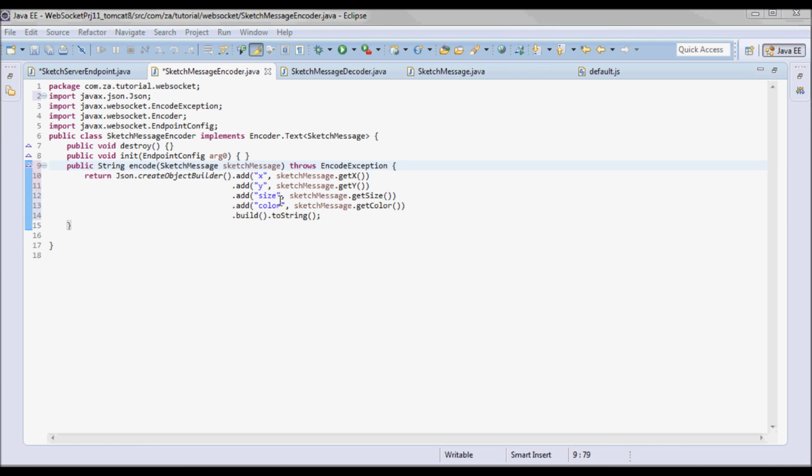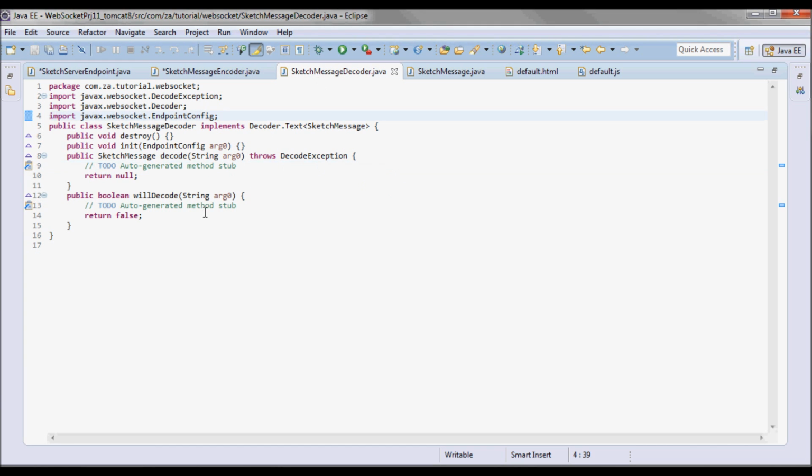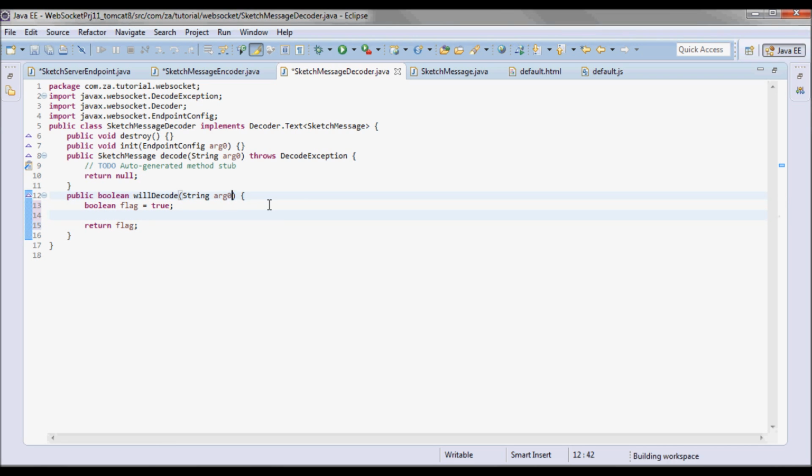And for sketch message decoder, let's first find out if we can decode. So I'll set up this flag, and I'll set it to true initially, and return that flag. And I'll try to read the incoming JSON.